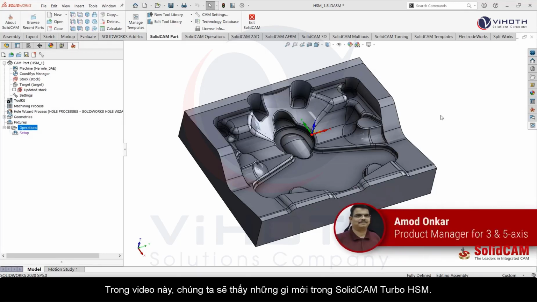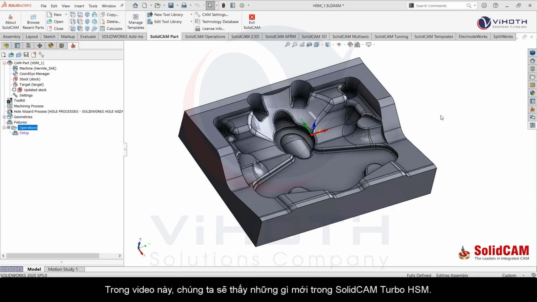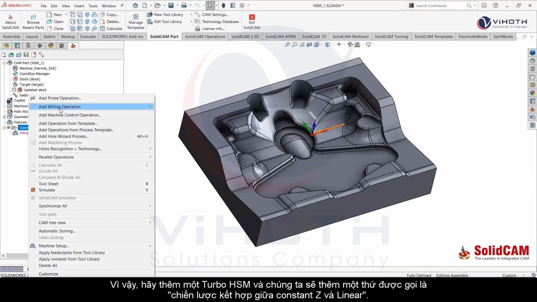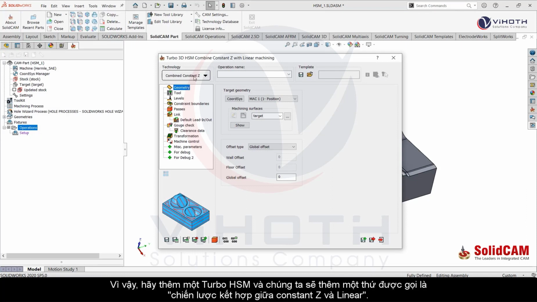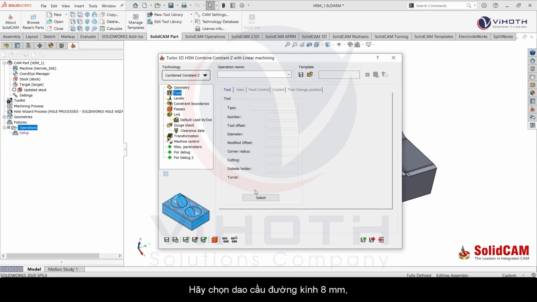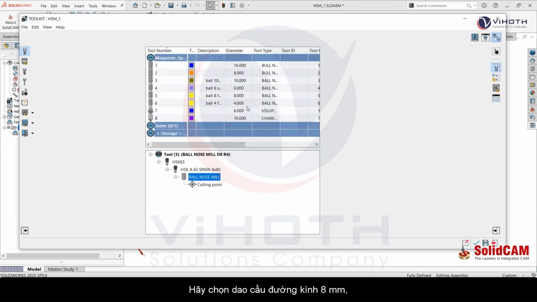In this video we will see what's new in SolidCAM Turbo HSM. In the new version of SolidCAM we have added a combination strategy for Turbo HSM. So let's add a Turbo HSM and we will add what we call a combination strategy using constant Z and linear. Let's select the tool, an 8 diameter ball nose,